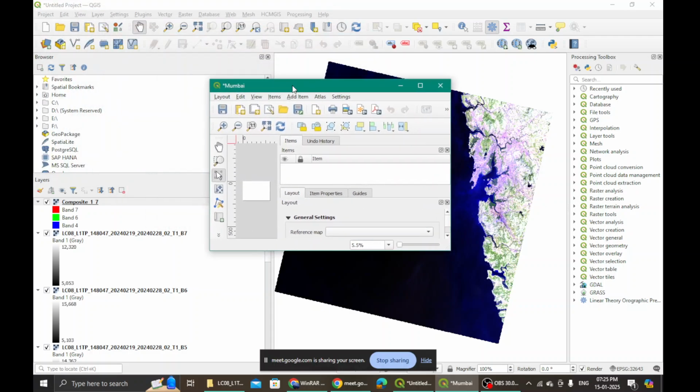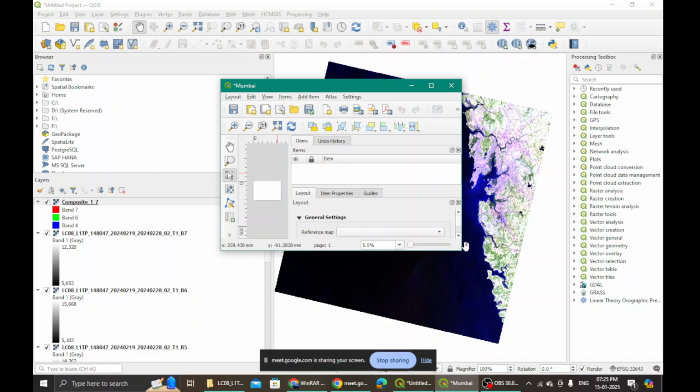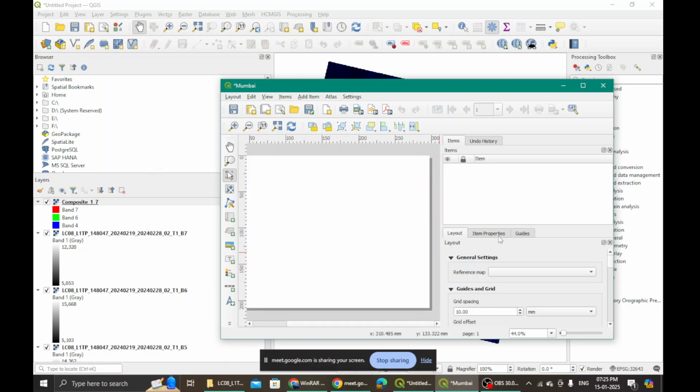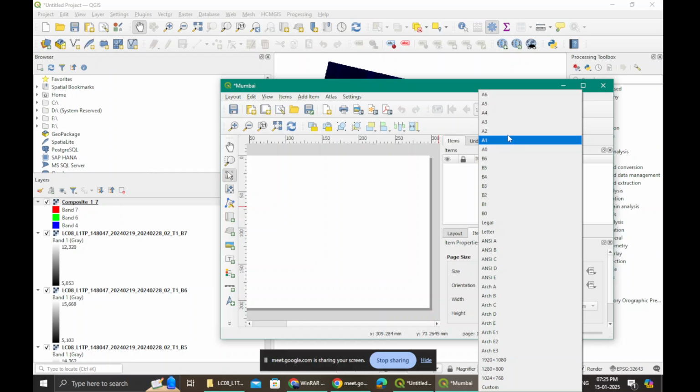So it has opened a new panel over here, and it has given me a page also. If I want to change that page, I can zoom in and zoom out. This is an A4 size.